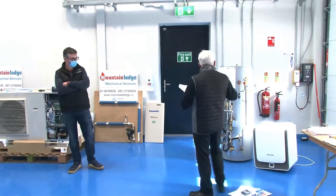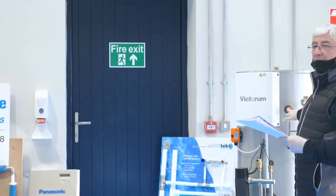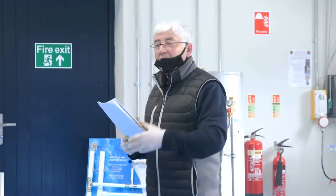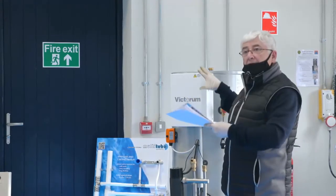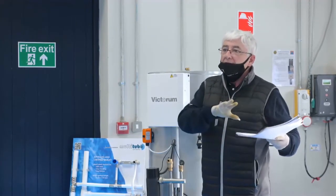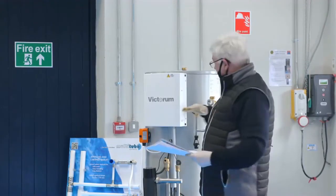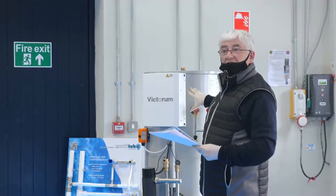That's the max temperature and pressure. And if you look at the safety relief valves on these, you'll see that they can be 5 or 6 bar at 90 degrees. So what you need is a pipe that can withstand service conditions higher than the safety features of your system. That would be important when you're looking at a combination of heat pumps with sealed plumbing systems. Do the service conditions of your pipe system exceed the safety features of your tanks